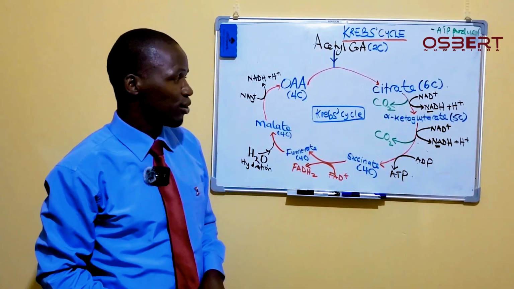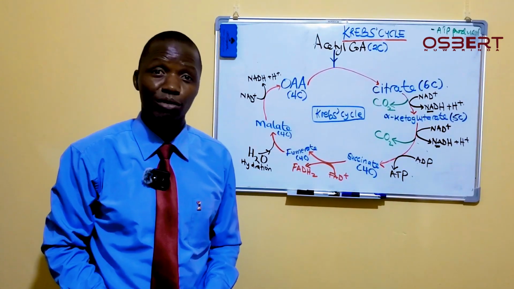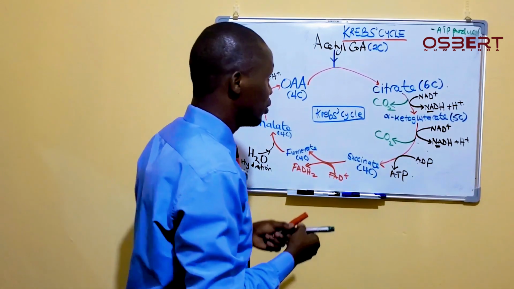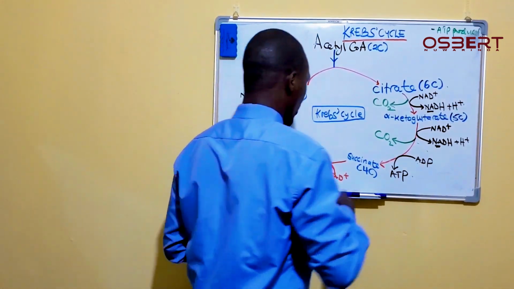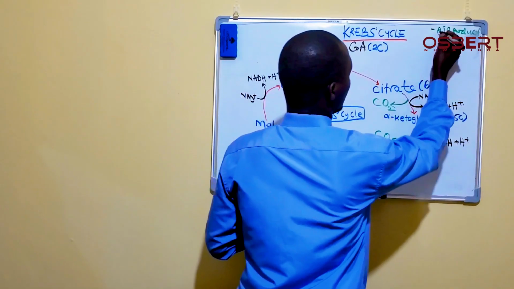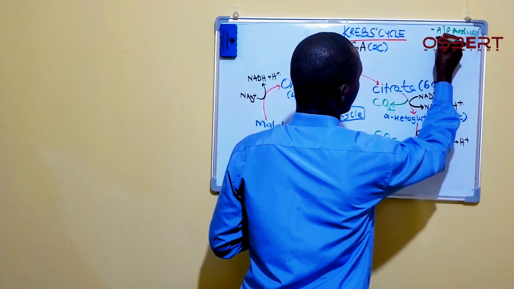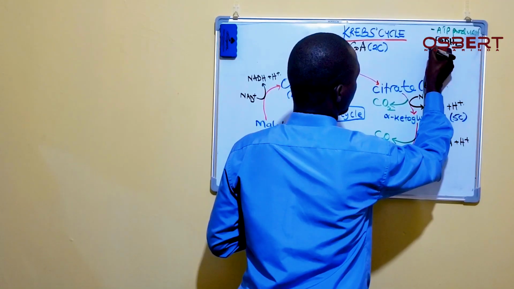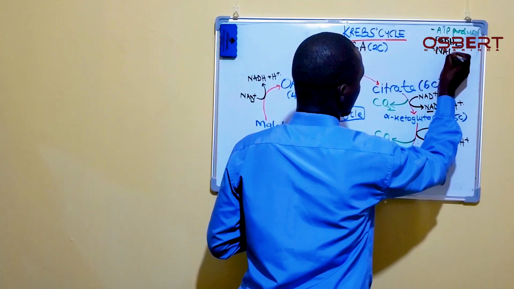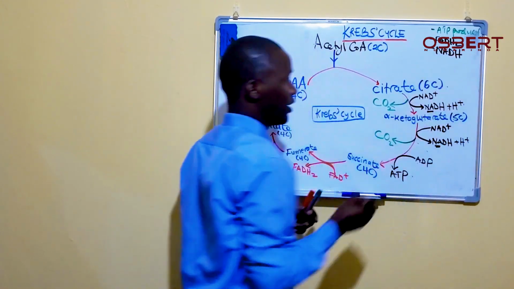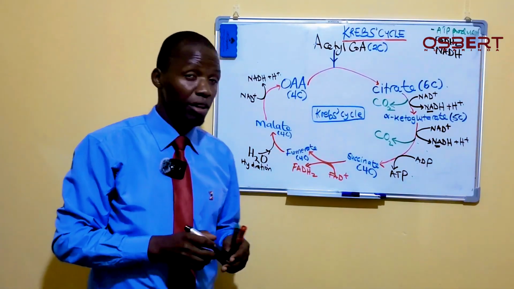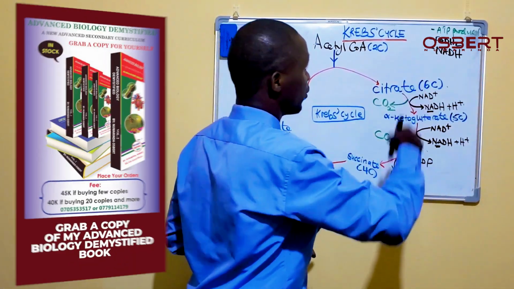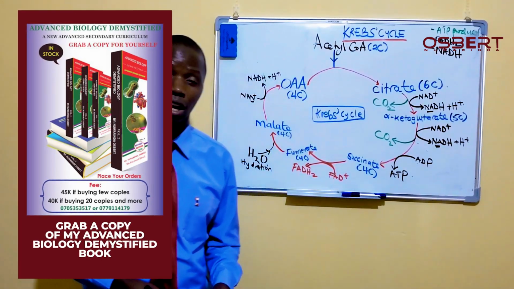Within this Krebs cycle, we are able to produce some important molecules. And what are those important molecules? Within this Krebs cycle, we are able to produce FADH2, and we have been able to produce NADH. Very, very important. Now, why am I saying that? Maybe before I go into that question, I want to ask you,